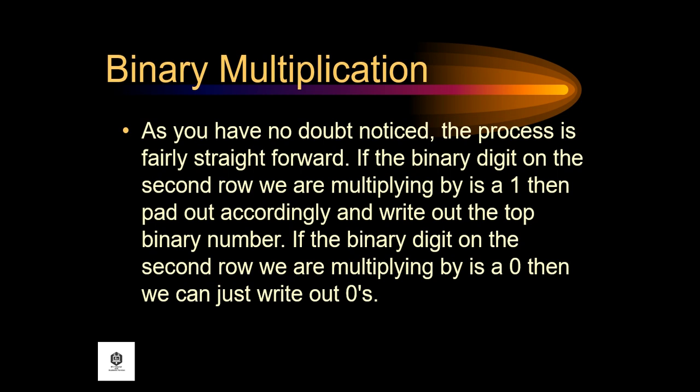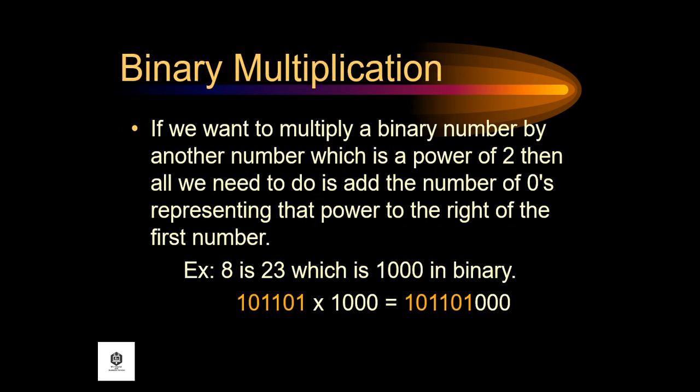If the binary digit on the second row we are multiplying by is a 1, then pad out accordingly and write out the top binary number. If the binary digit on the second row we are multiplying by is a 0, then we can just write out zeros. If we want to multiply a binary number by another number, which is a power of 2, then